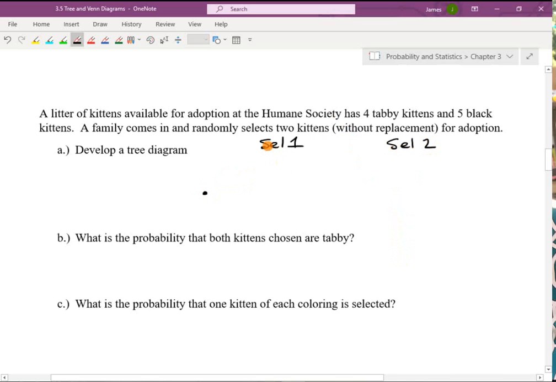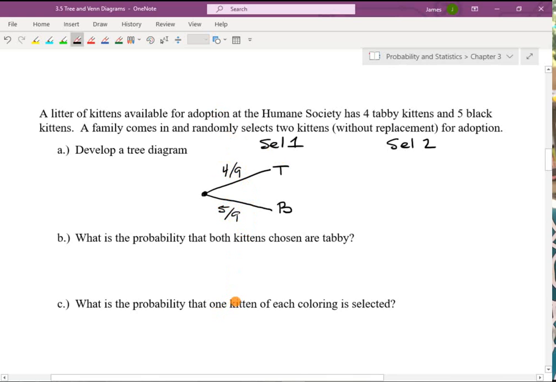If the idea here is that you randomly go with your eyes closed and pick out a cat, what are my 2 options? Tabby and black. Okay. Now here's my question: if I do that, what was the probability that on my first selection I picked a tabby cat? 4 out of 9. So that means 5 out of 9 was the probability that I chose a black one,